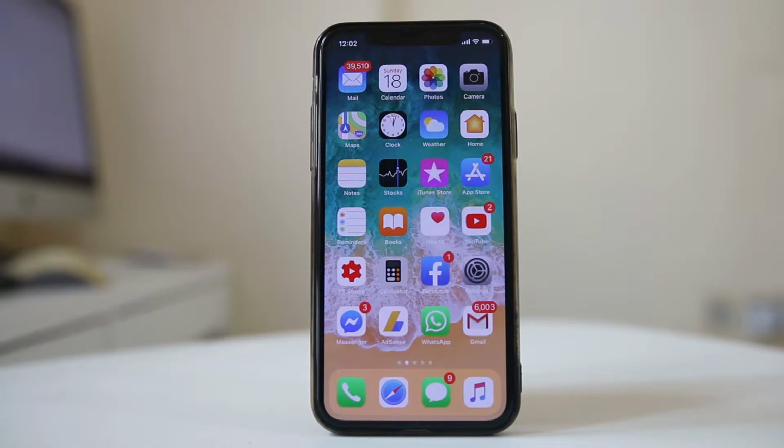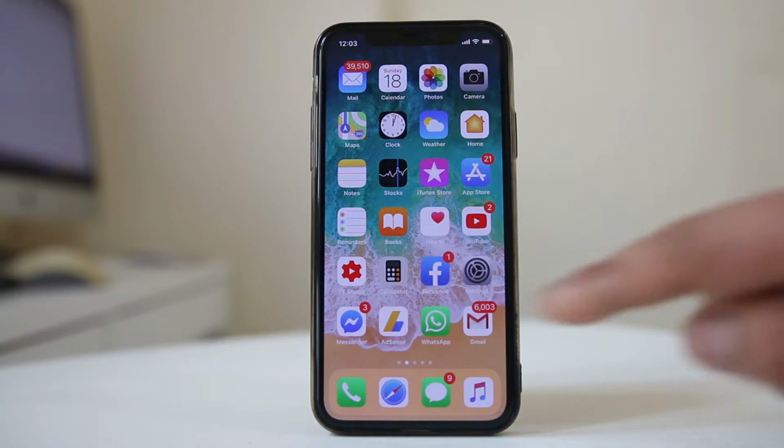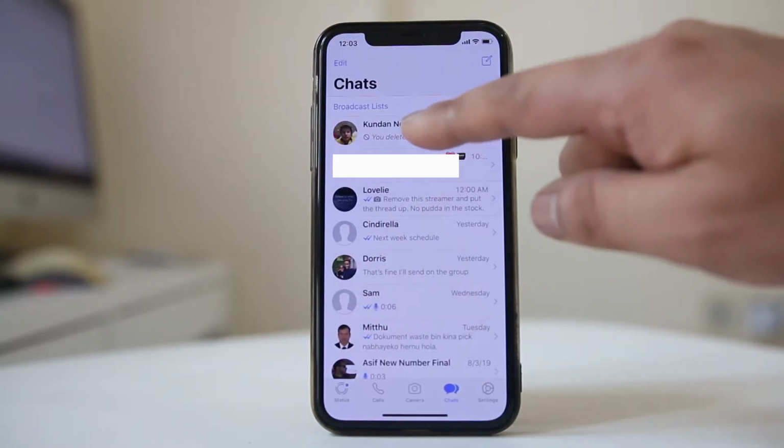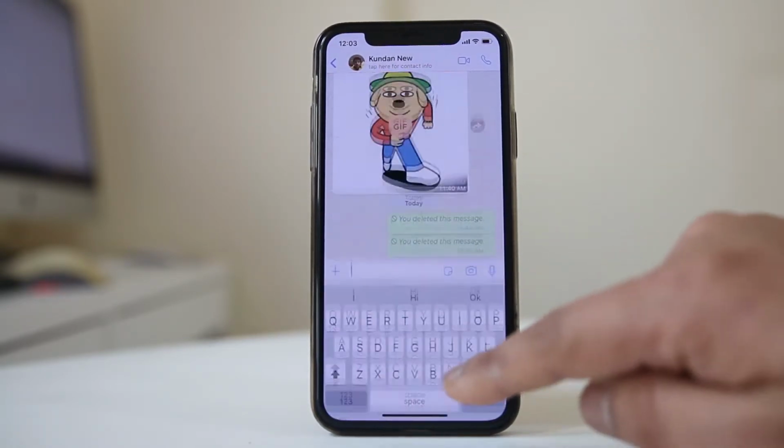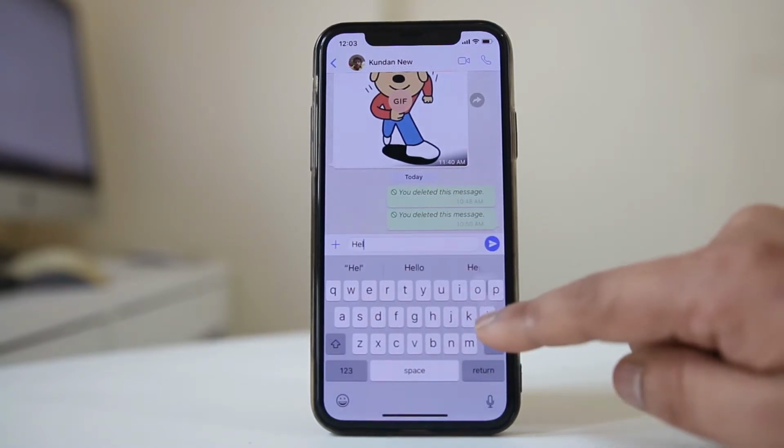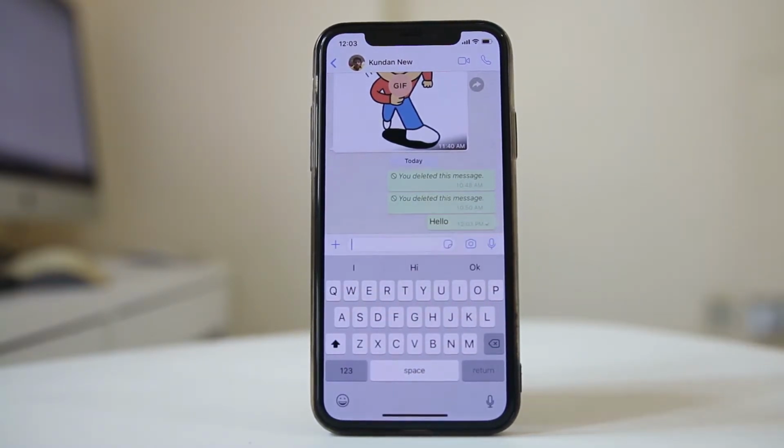In this video today, we will see how to delete a message in WhatsApp. For example, I will open WhatsApp. I will open the contact. Suppose I send a message to a contact and if I want to delete this message again, then